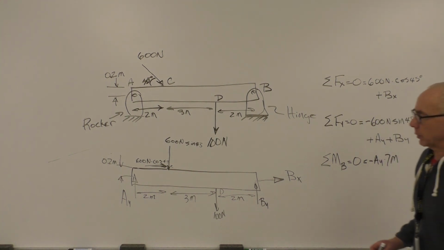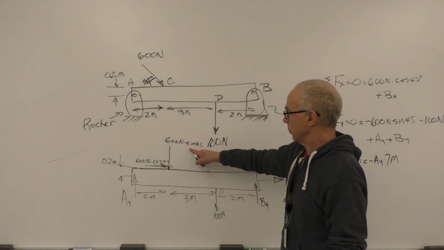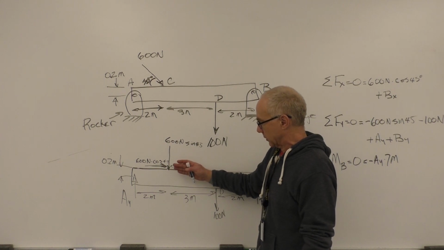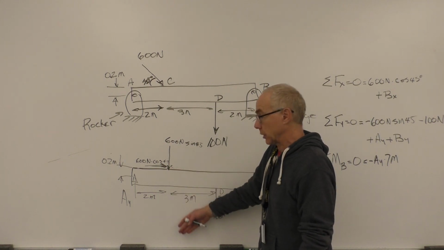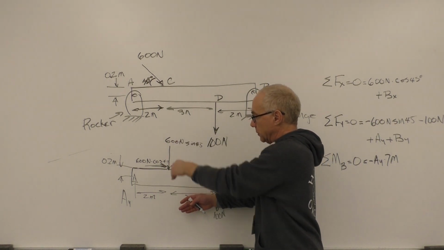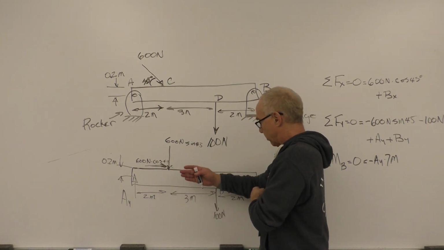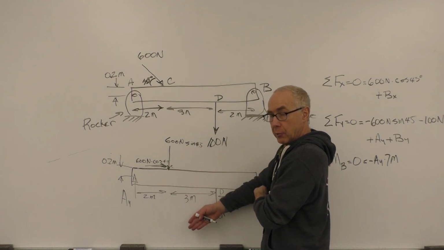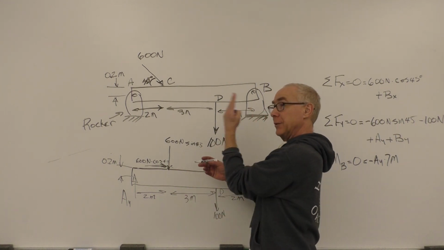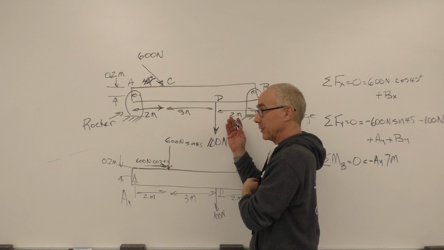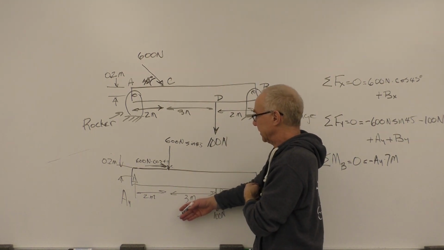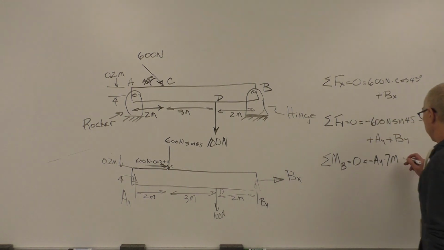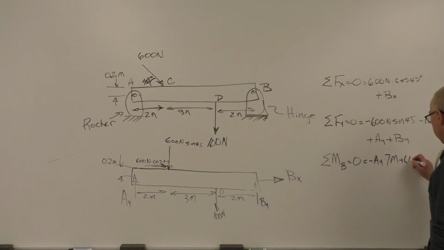Okay? So the next one, let's look at this one. 600 newtons, sine 45, and it's actually acting in a counterclockwise direction, right? If it's pointing downward, and we fix this point, that's going to cause a counterclockwise rotation, right? From 12 towards 9 rather, and then towards 6. So that's a counterclockwise, so it's a positive value. So I'll put here plus 600 newtons